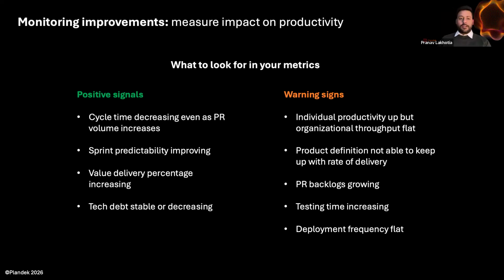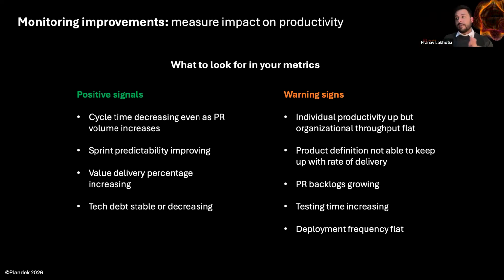PR backlogs, making sure that if developers are writing code a lot faster now, then PR backlogs are possibly going to increase. So you want to make sure that you do have good SLAs in place, or internal SLAs is what I like to call them, in terms of reviewing, approving, and merging these PRs so that work keeps flowing through the system. Testing time. So, again, this comes down to the point about adding or using AI tools holistically